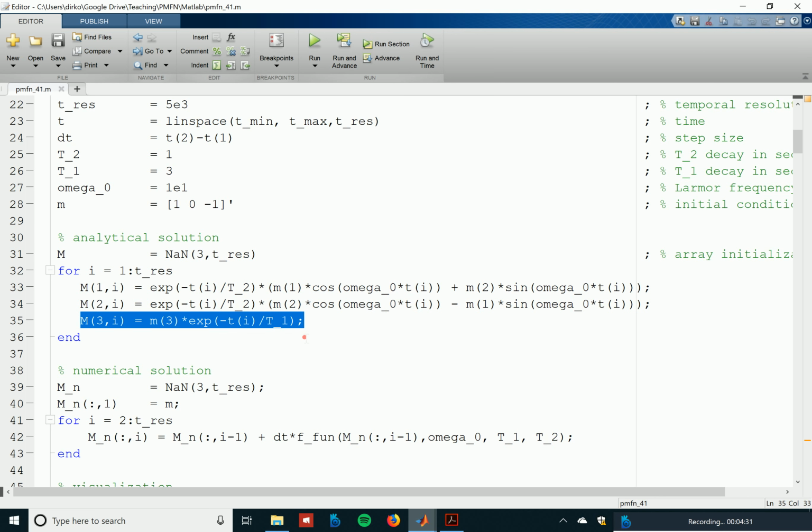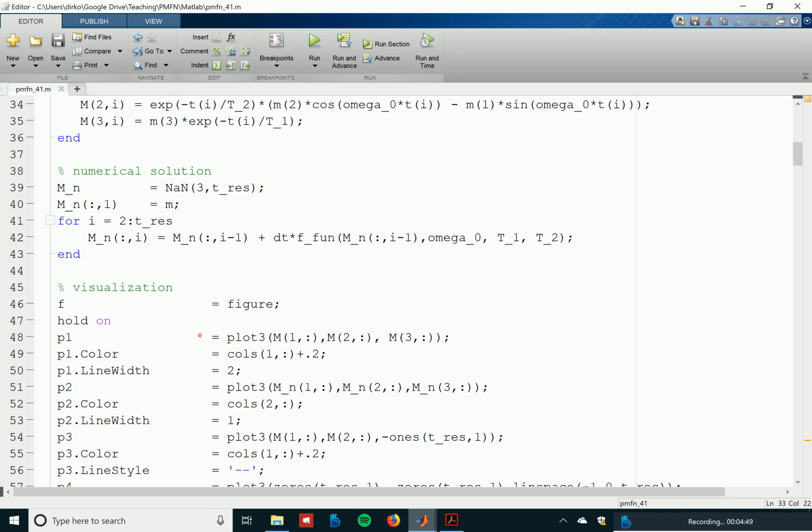Yeah, so we didn't discuss that in the last hour. We talked briefly about that the time before. It's just the differential equation for Mz just specifies an exponential decay. That's the analytical solution, and this you can just compute by cycling over the t values. What I also do here is to compute a numerical solution using Euler integration. So remember that we discussed Euler integration before Christmas,